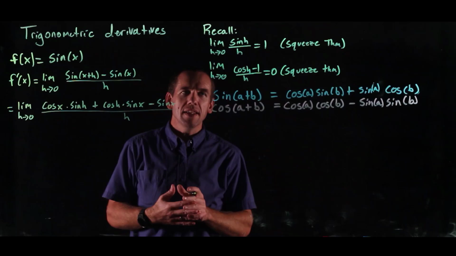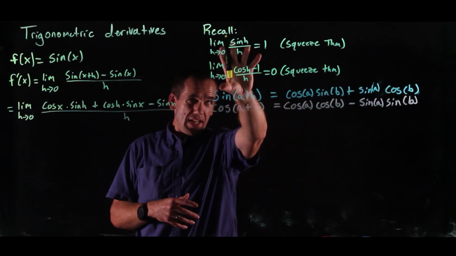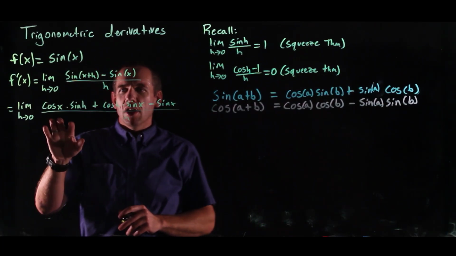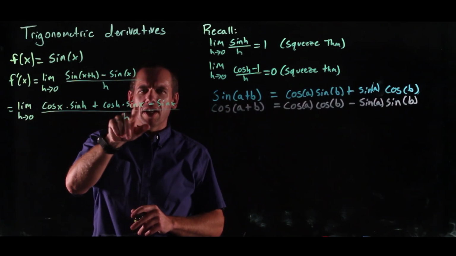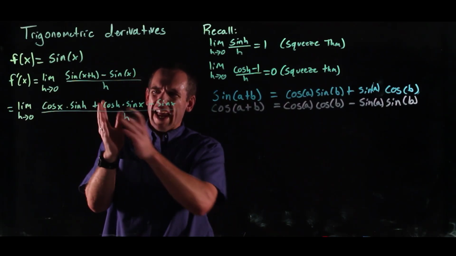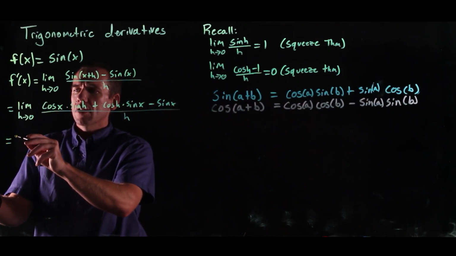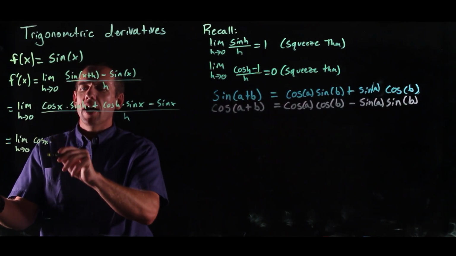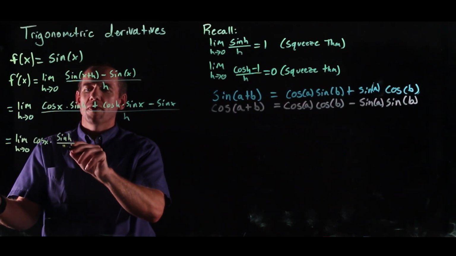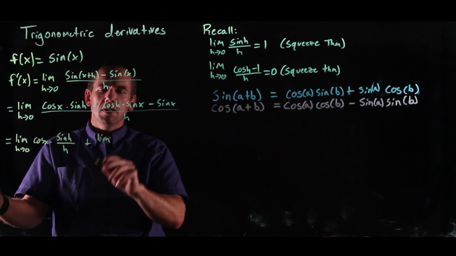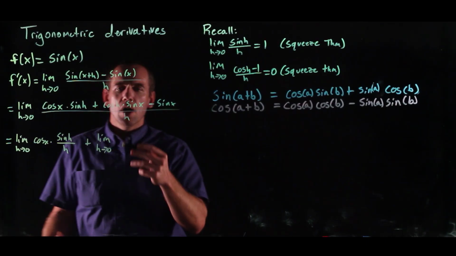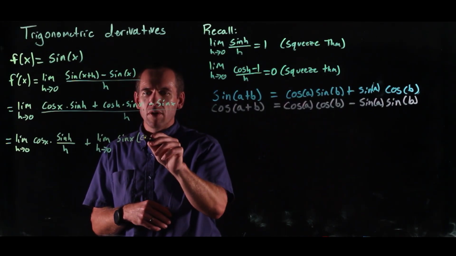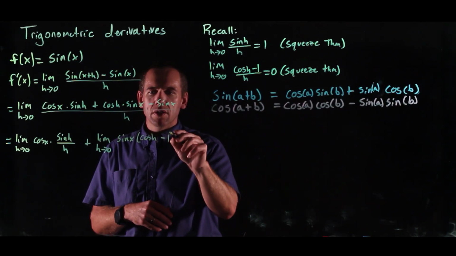Then all we're going to do is rewrite this in a convenient method so that we can actually use these facts to simplify this a little bit. And so what I see here is I have a cosine x sine h, cosine h sine x, minus sine x. So there's sine x in both of these terms, and I have this sum. So I'm going to go ahead and split this apart. So this is equal to the limit, h goes to 0, of cosine x times sine h over h, plus the limit, h goes to 0, of sine x times, I'm going to factor that out, cosine h minus 1